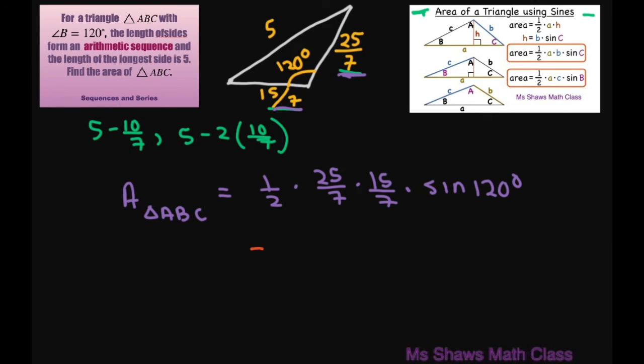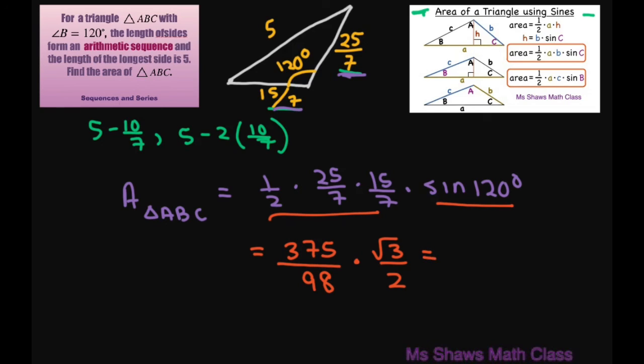Now this is going to equal 375 divided by 98, times square root of 3 divided by 2. So this simplifies to 375 square root of 3 divided by 196 for the exact value, and your approximate value would be